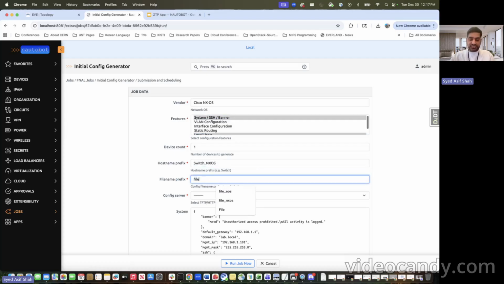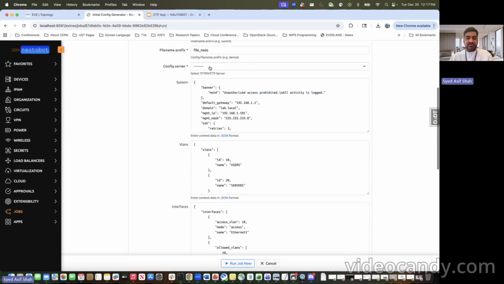And the file should be NX OS, and it will also save on the same server. So we are just giving the IP addresses, gateway, NX OS lab, NX OS local, and